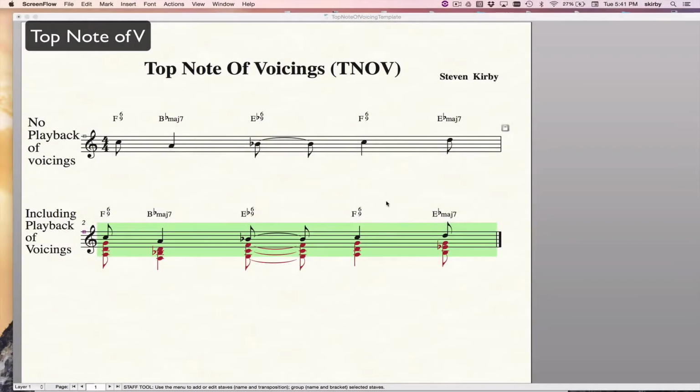Okay, this is a quick demo of some top note of voicing options for Finale. Top note of voicing is a way of notating chords that allows the player to come up with the voicing, but you are dictating the top note so that you get a kind of a line on the top of the harmony without burdening the player with having to read multi-note voicings in sight reading situations, and especially if you